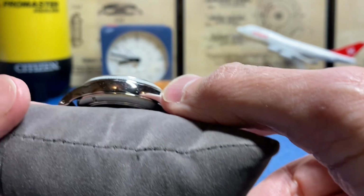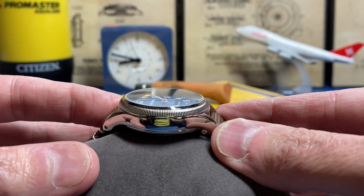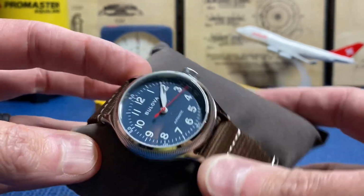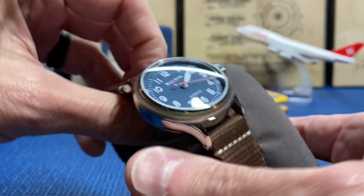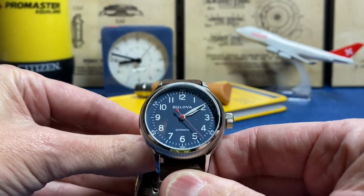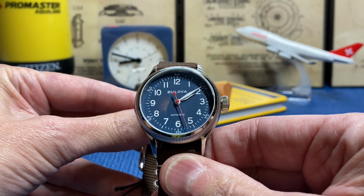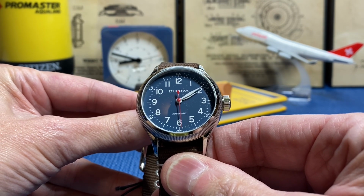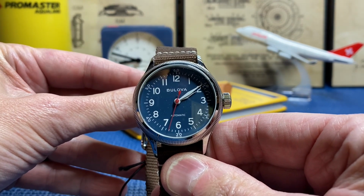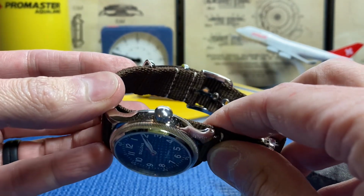It's got a domed mineral crystal. Probably the only negative I really see about the watch is that it's a mineral crystal, which, you know, I wish it was sapphire. Water resistance is 50 meters. This watch has the Miyota 82S0. It's a 42-hour power reserve. This crown is a 7 millimeter